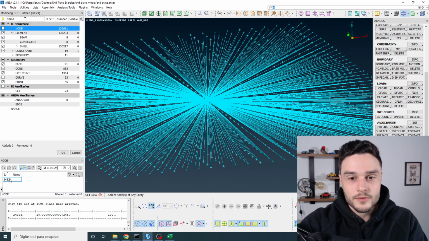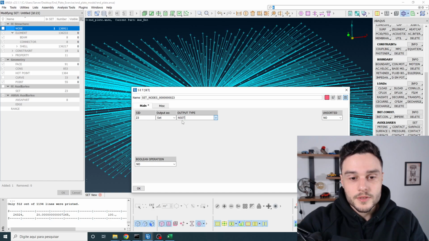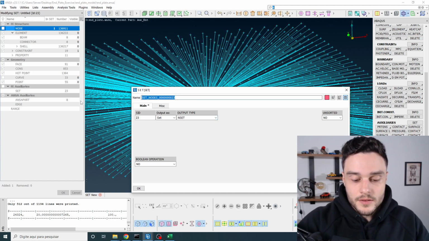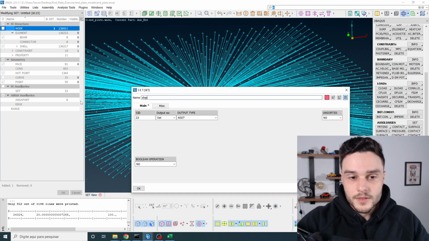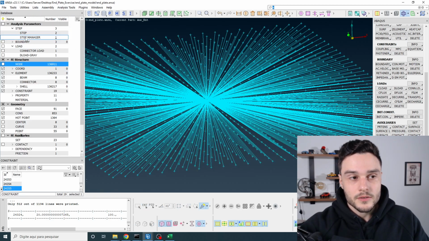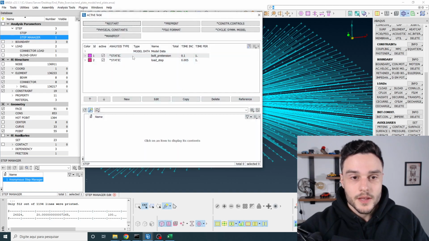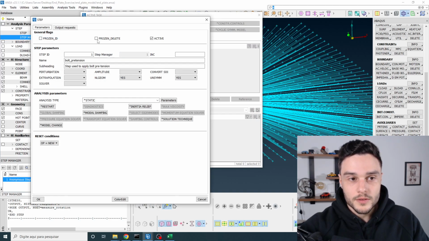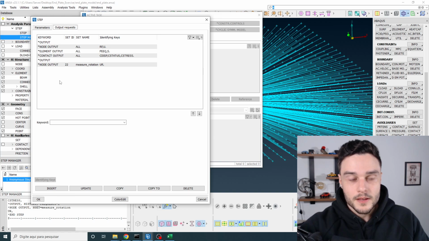Now we have this node, select, and then middle mouse button, node set, and then this is the disp node where we apply the displacement. Click on OK, go to step manager, and then double click on step 1, output requests, and then in node output, well,